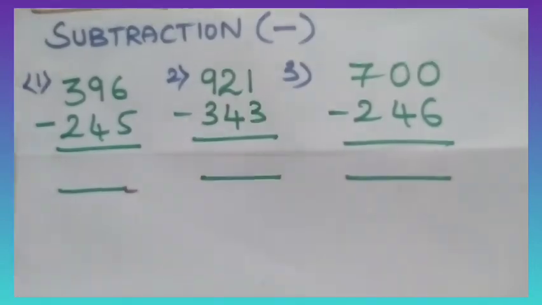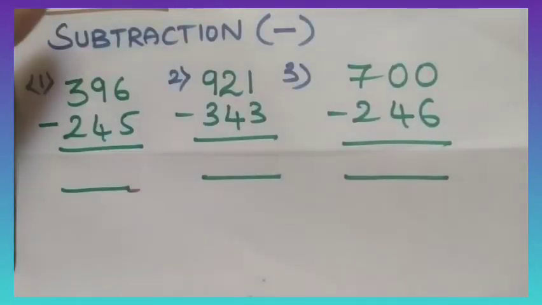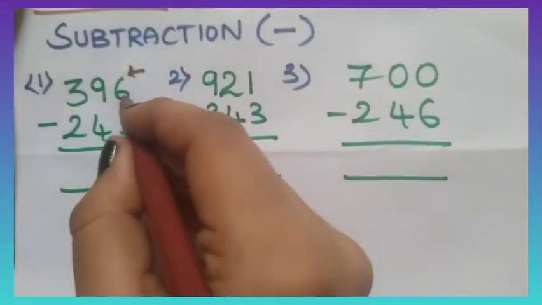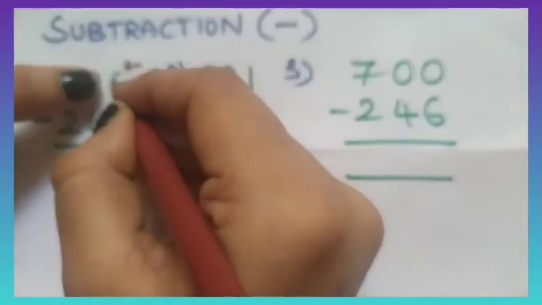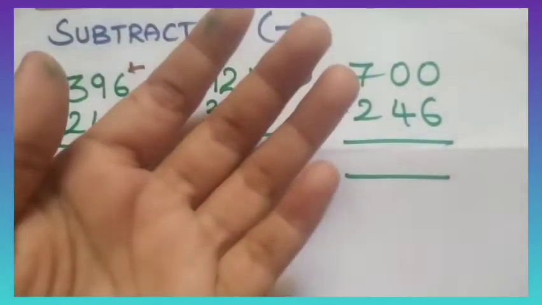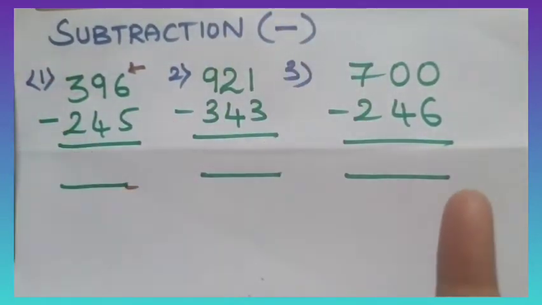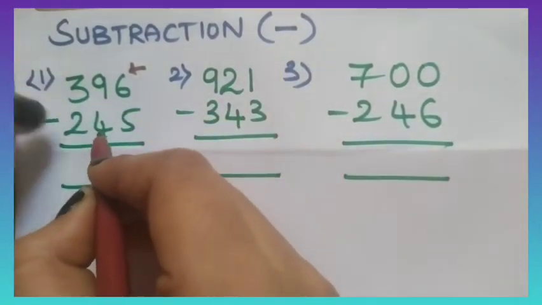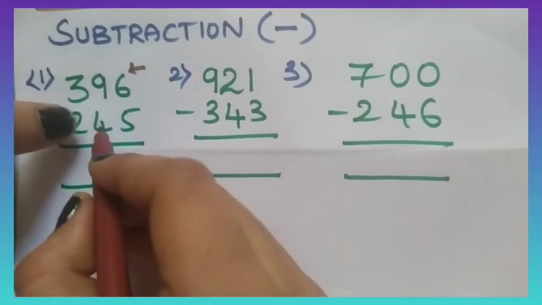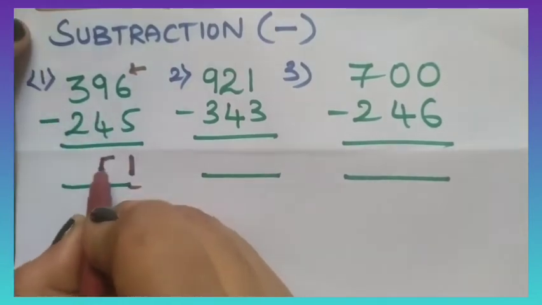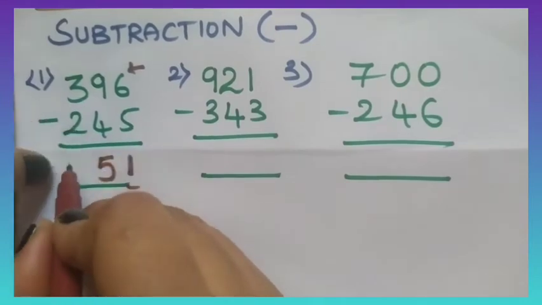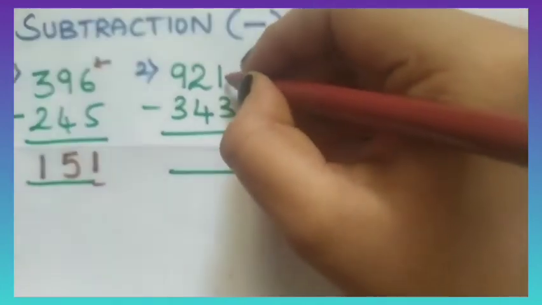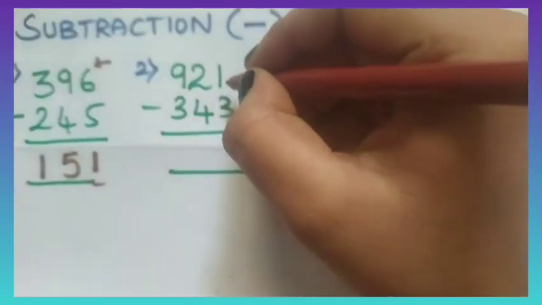As you know already, from where will we start addition? Yes, from ones place. Like that only for subtraction also we will start from ones place. We have to subtract the down number from the up number. Okay, 6. Open your 6 fingers. From that take 5. How many left? 1. Okay, 9 minus 4. Open your 9 fingers. From that take out 4. We'll get 5. Next, 3 minus 2. 1.